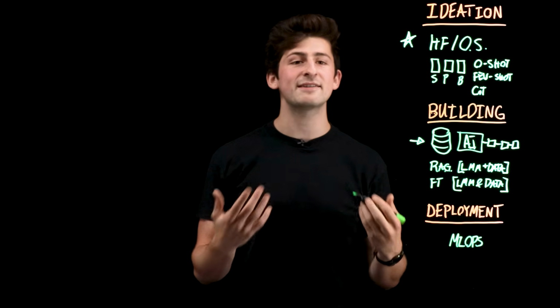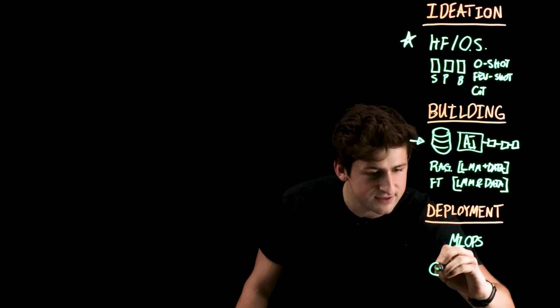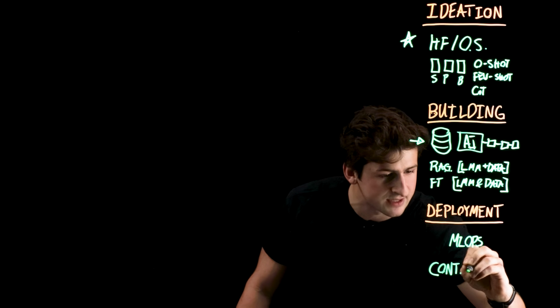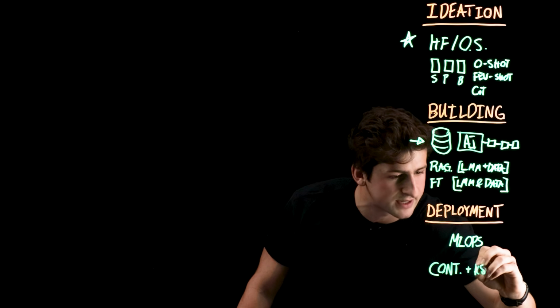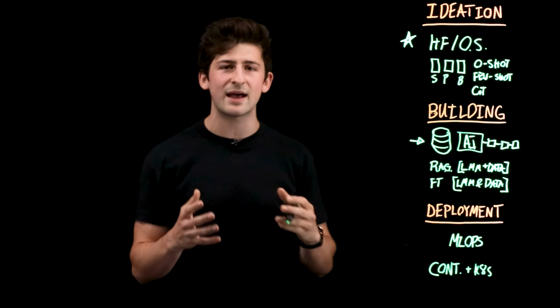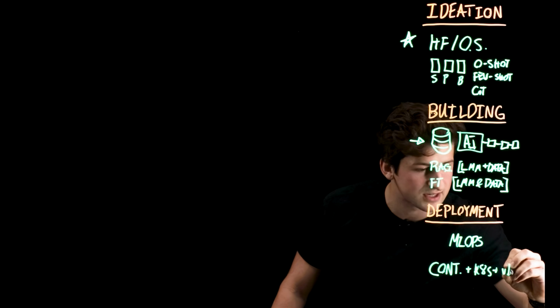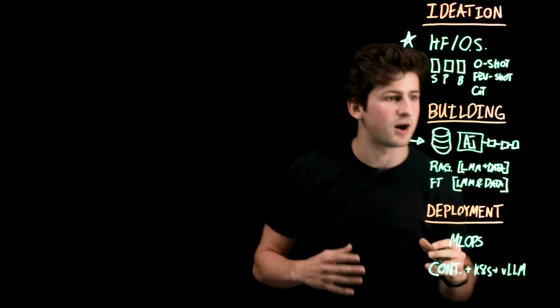So first off, your infrastructure needs to be able to handle efficient model deployment and scaling. So using technologies such as containers and orchestrators such as Kubernetes are going to help you do this, being able to auto scale and balance the traffic for your application. And you can also use production-ready runtimes such as vLLM for the model serving.